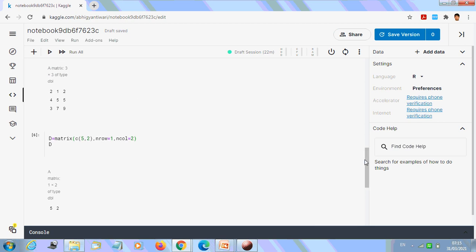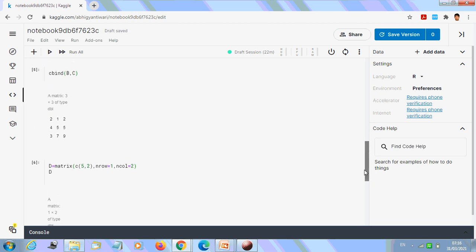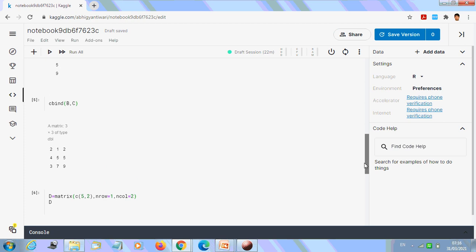See, you can change the row number and the column number, and the matrices which I took are of the same size. What you can do is try matrices of unequal size and see what the result will be. This is the work for you. You can do this work from your own side.